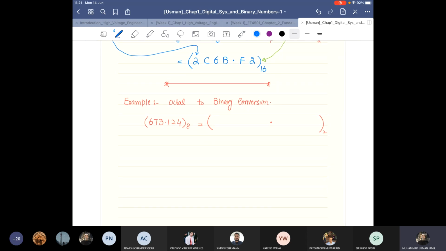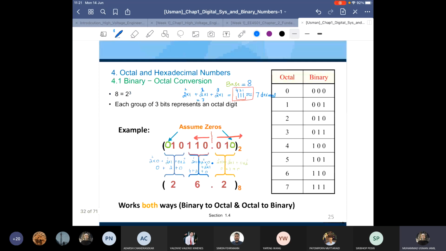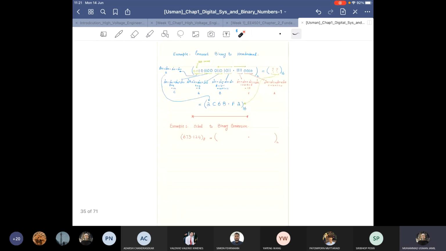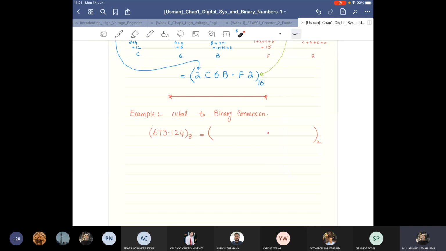If you have this one, you can follow this table, okay? This table is from octal to binary. You can go from octal to binary or binary to octal. So if I use this table, then for this case, if I write here now,